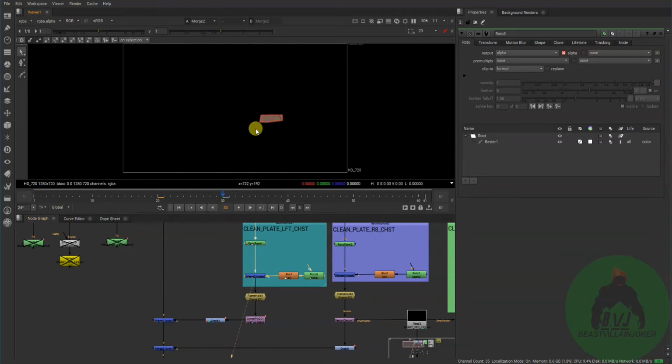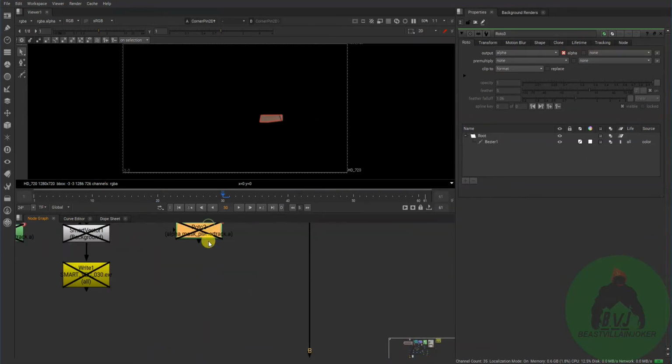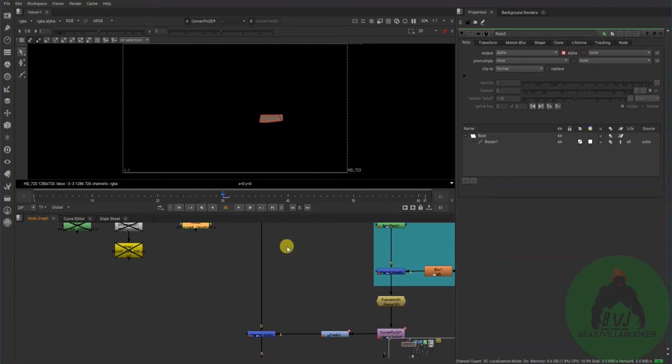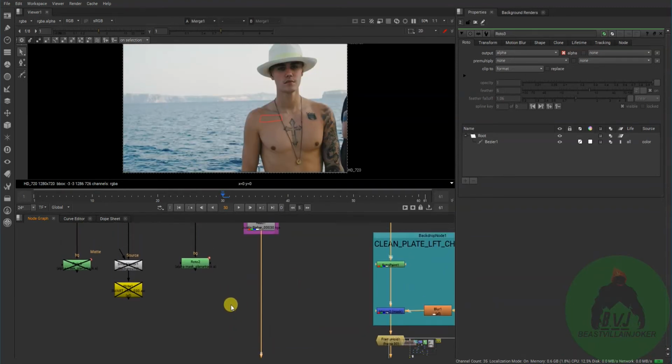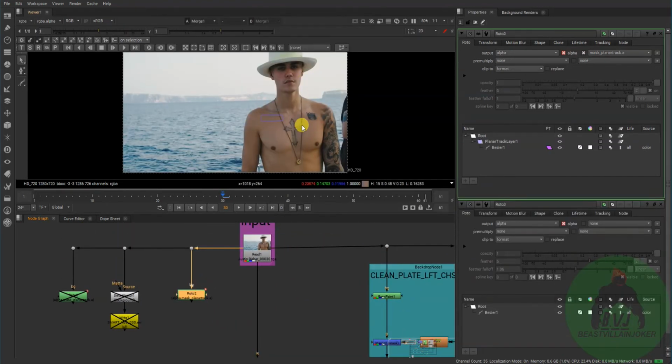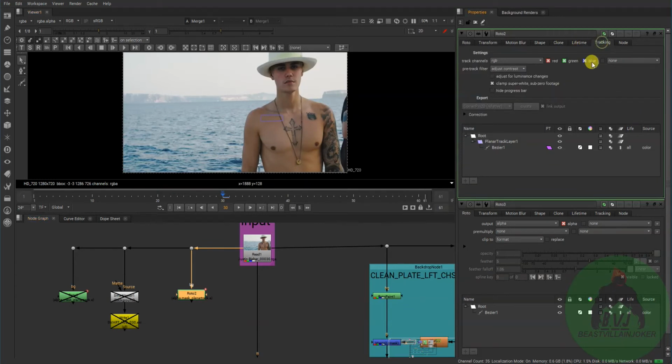If I go to the 30th frame, you can see here, and I frame hold it and take the corner pin data from the tracking, and you can see that that was the tracking information.